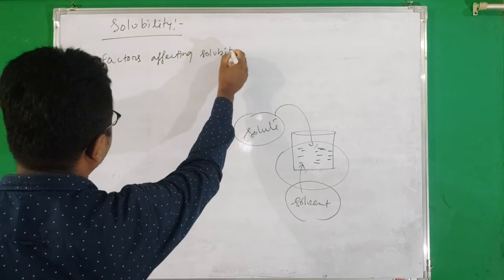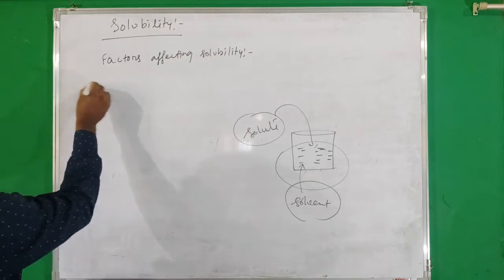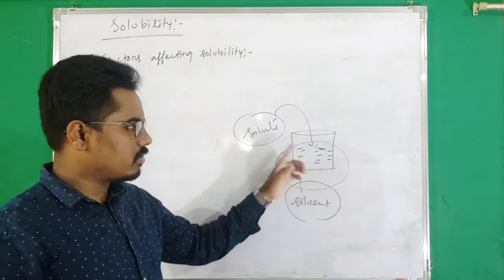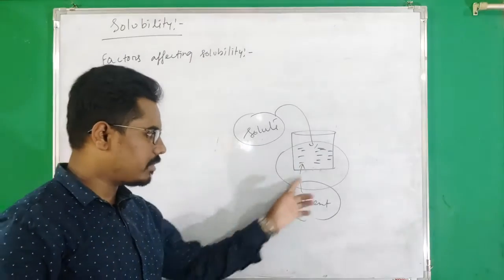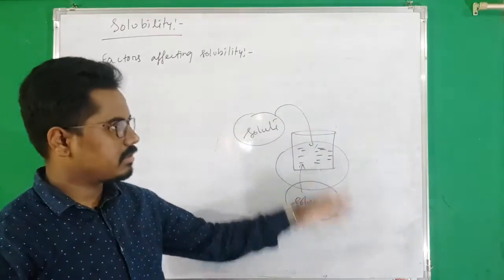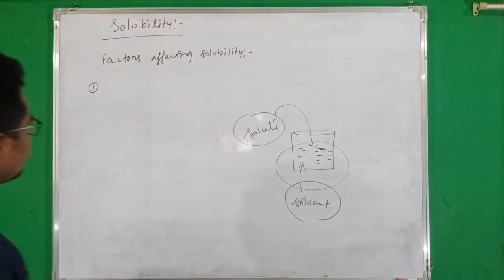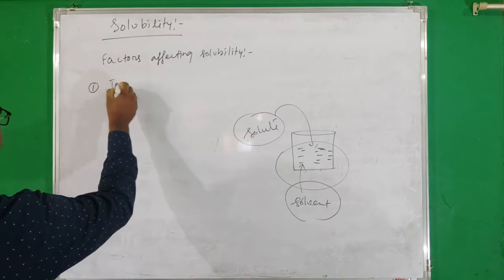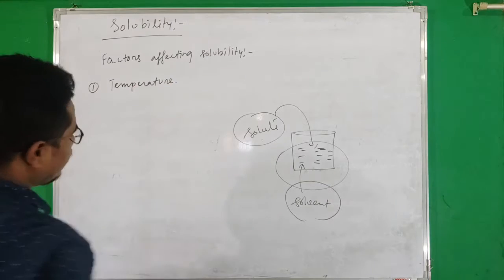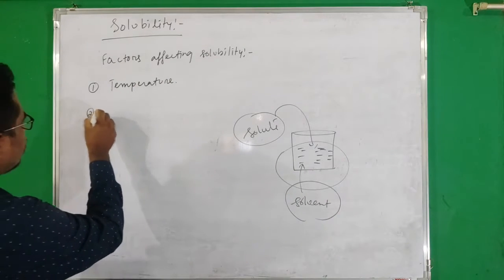Okay, now we have to see the factors affecting solubility of a solution. I already mentioned that solubility is the maximum amount of solute dissolved in a particular solvent at a particular temperature. So that means temperature has effect on solubility. Therefore the first factor is temperature. Okay. The next, second factor,